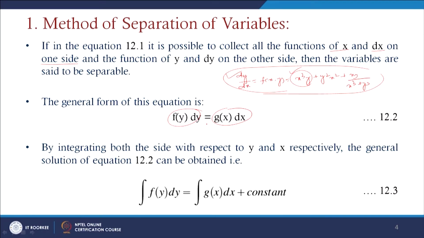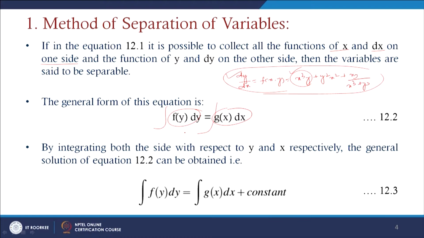So, the first simplified method is the method of separation of variables, where the variables can be separated in a complete form on both sides. If we have separated the variables of y and x independently, then we can integrate both sides with respect to their variables, and then we have a general solution. This means that since f of y dy is involved here, we can integrate this side, and g of x dx can be integrated on that side.